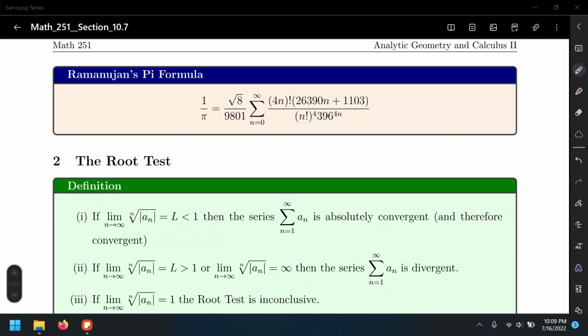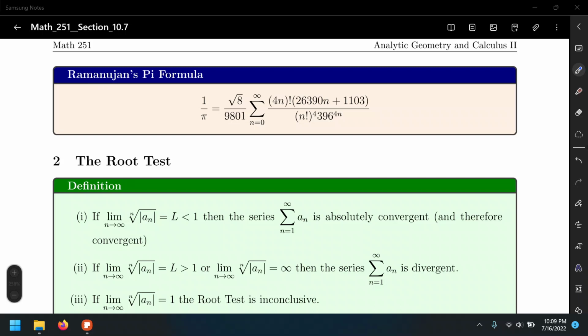Alright, so for the next part of the ratio and root test, we discuss the root test. But of course, we cannot talk about infinite series without talking about Ramanujan's pi formula. So this is a formula. I know it looks crazy. It's a formula that is used to approximate, or to actually find, the value of pi. Well, long story short,